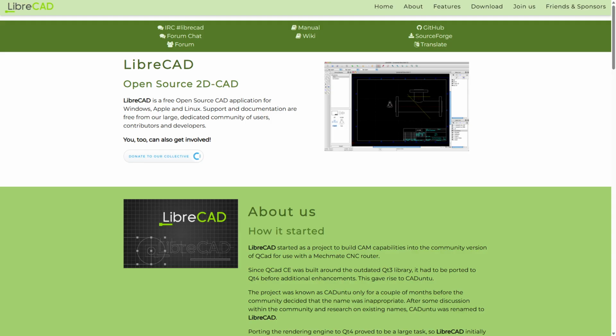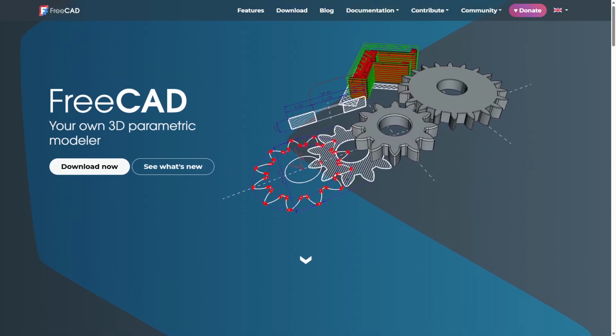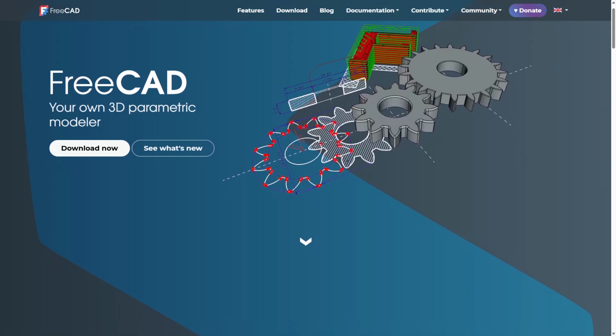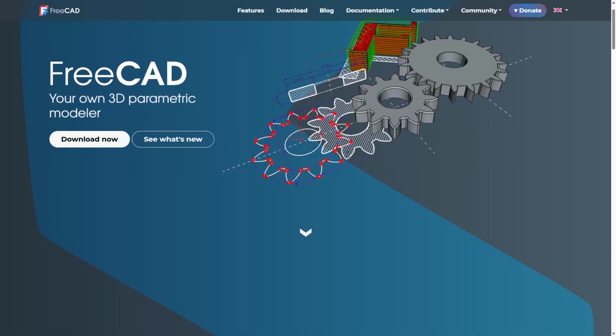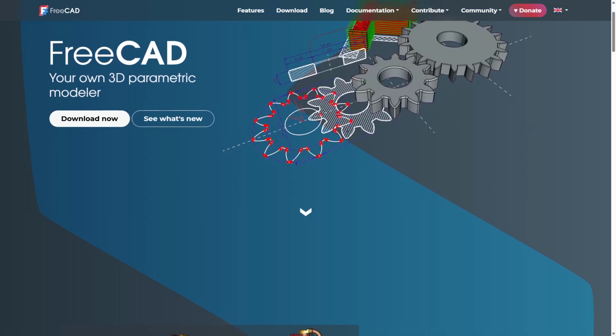FreeCAD specializes in 3D parametric modeling for complex designs, whereas LibreCAD is dedicated to 2D drafting and technical drawings, making their core difference dimensionality and functionality. FreeCAD is a powerful open-source 3D parametric modeling tool designed for engineering and product design. It allows users to create detailed 3D models with parametric features, meaning you can modify your design by changing parameters